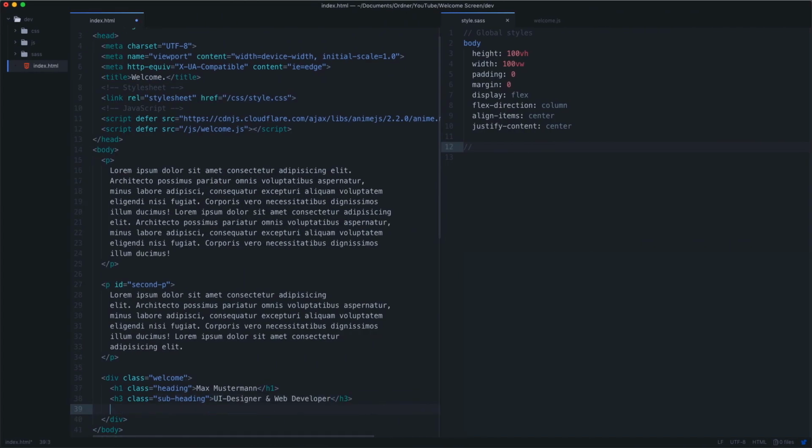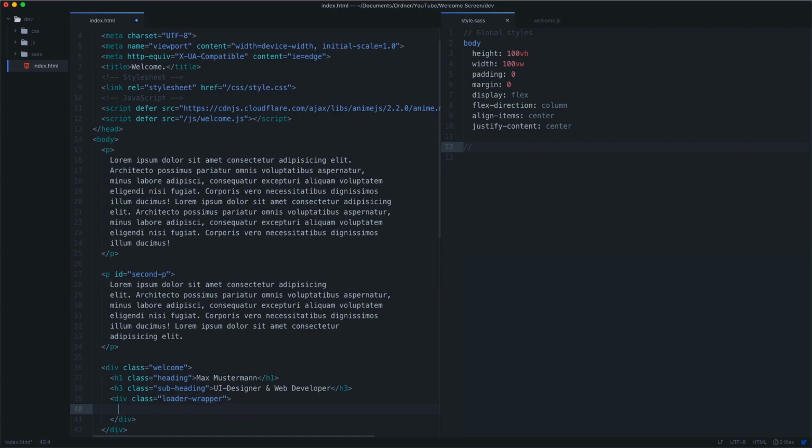Awesome. And then the little loader, so it's going to be loader wrapper and loader. Good, that's it. So we can comment this as wrapper and say .welcome,